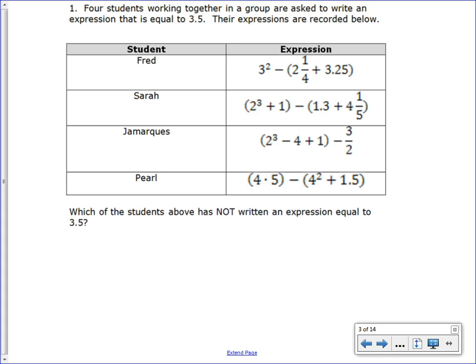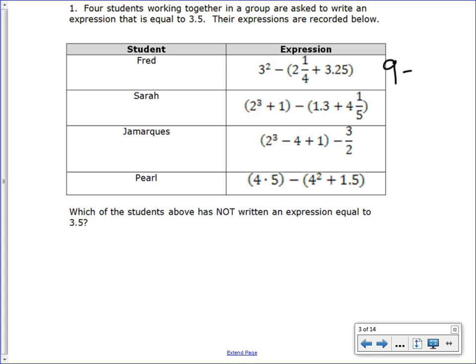All right, so we're going to be working through the DLA stations that you guys worked through in class. The first problem asks you to find an expression that's not equal to 3.5. If I look at Fred's answers, I have 3 to the second power, which is 9, minus, and then when